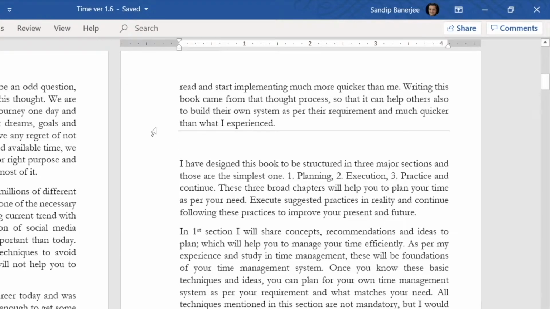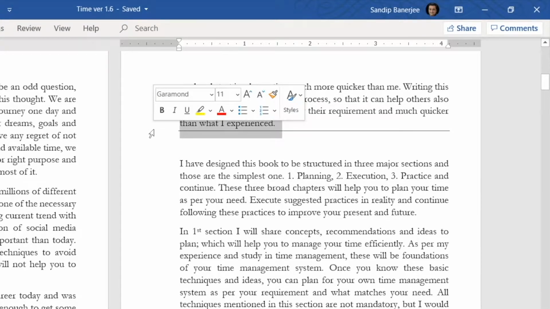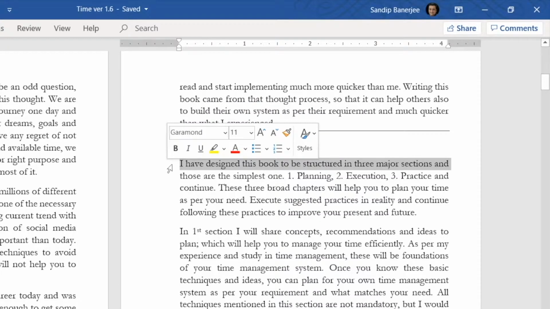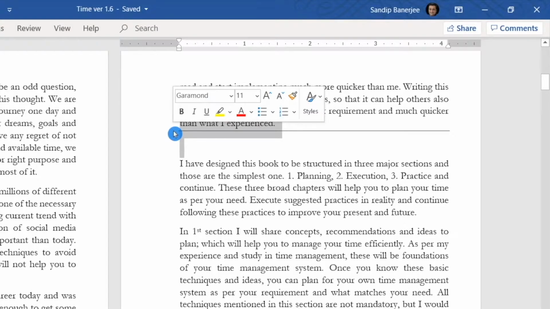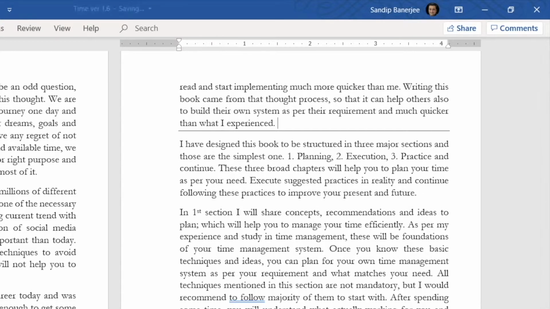First of all, if I wanted to select this particular line, if I click in the left border, you can see I'm not able to select the line. Instead, I am selecting the text above. Similarly, if I click here before this I and then I drag it above, again you can see I'm selecting the text. I'm not able to select that line specifically. If I hit backspace from here, it's going to the line above. It's not deleting that particular line. So this is one very tricky situation sometimes, and we are not able to remove the specific line.